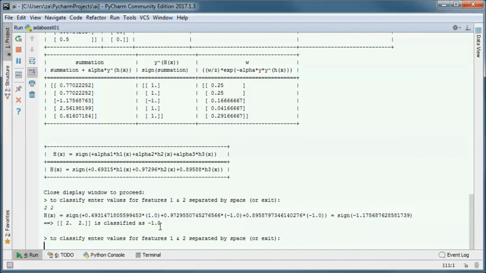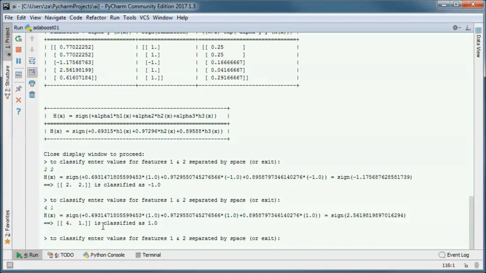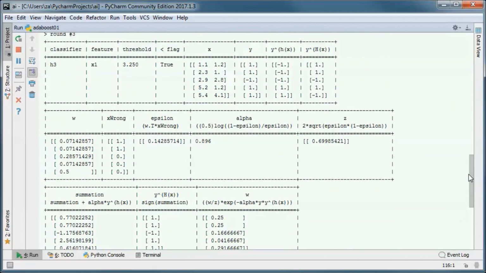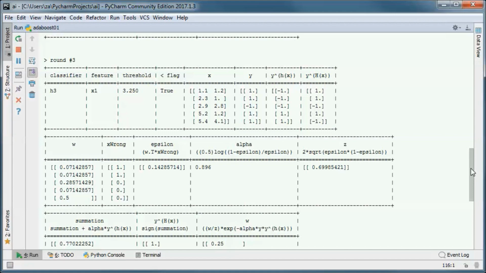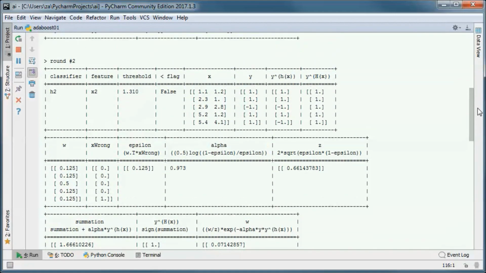And this was classified as -1, and this was classified as +1. And I will be going over what formulas were used here while writing and testing the code.